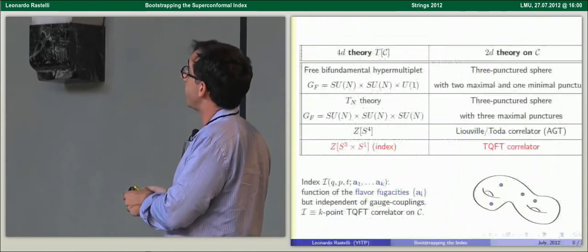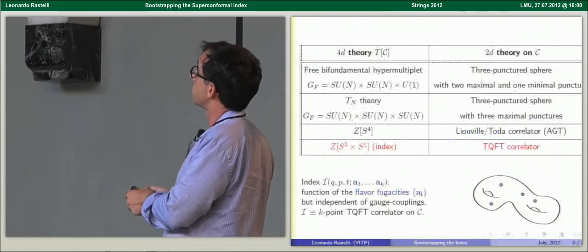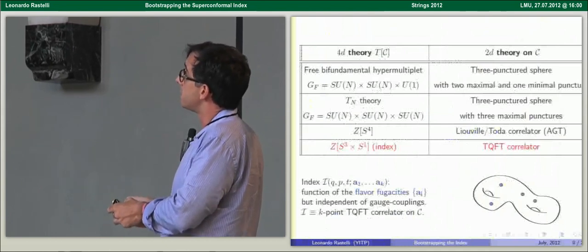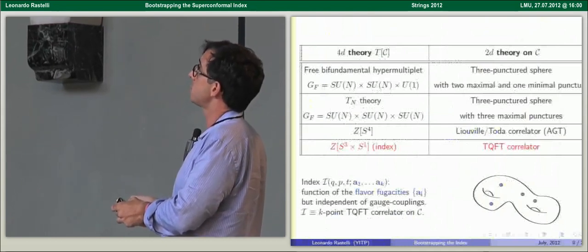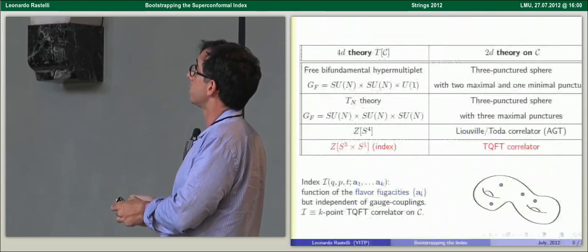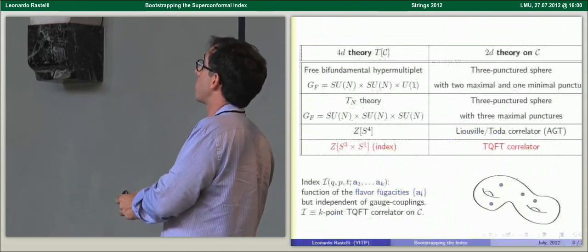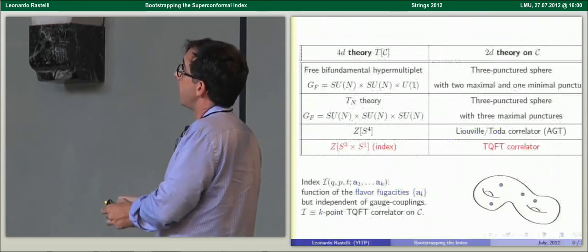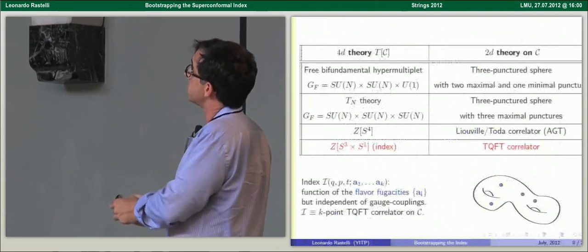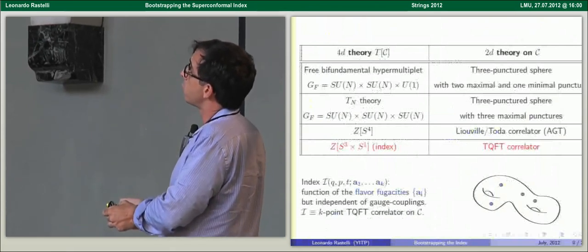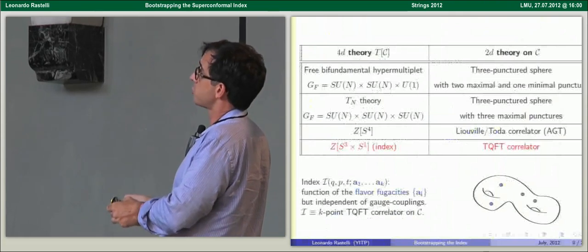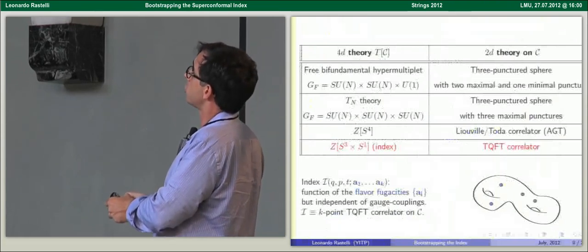And then AGT told us, Gaiotto told us that the S4 partition function computed by Pestun, following previous work by Nekrasov, is a Liouville-Toda correlator on C. And so the item I'm looking at today is this new red item. We will compute the S3 times S1 partition function, also known as the index, and claim it's a topological correlator on